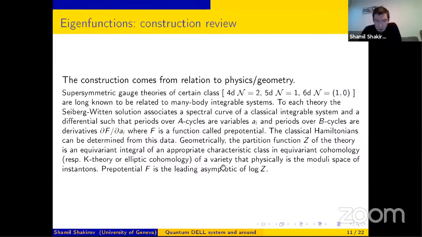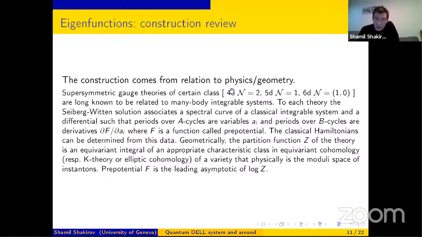And then what you can do, you can study equivariant cohomology of that variety, equivariant with respect to the torus action. And you have a natural torus in the problem because for one thing, these theories are defined on a space-time, which is sometimes in the 4-dimensional case can be thought of as C cross C, and then each complex plane can be multiplied by a small C star parameter, and these two C star parameters that you have here, well, in 4 dimensions, they are going to be